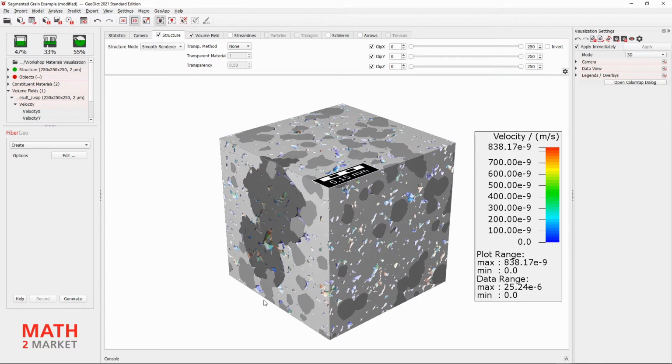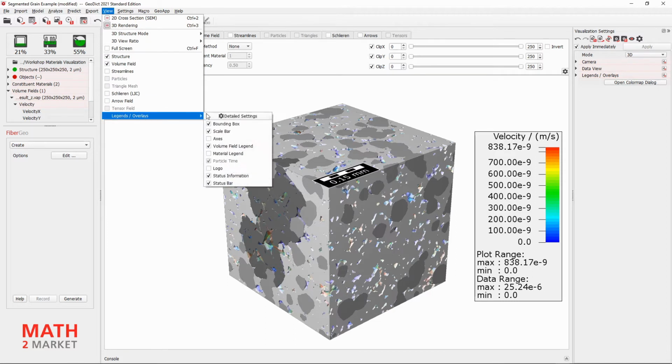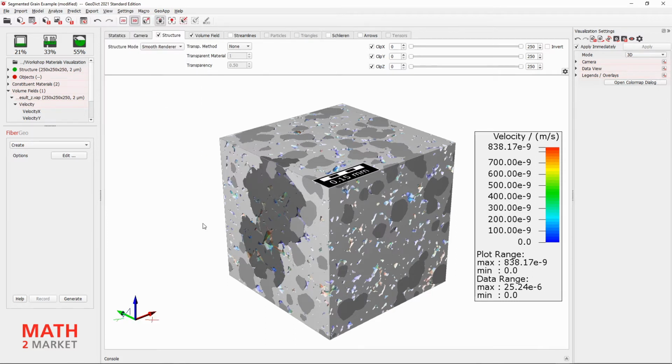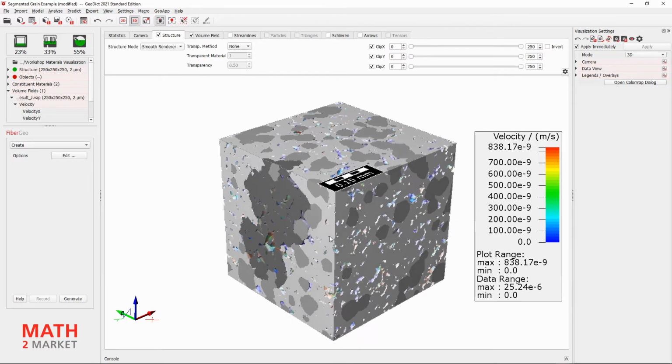To make it easier to orientate ourselves, we switch on the Axis Cross again in the menu View, Legends and Overlays and click Axis. Then we align our camera in the way we will need it later for our picture. Then we see how our microstructure has to be cropped for the desired effect. We want to cut away this area here so that our flow field is nicely visible in the front. We also want to be able to see some of the clustered grains here on the side.